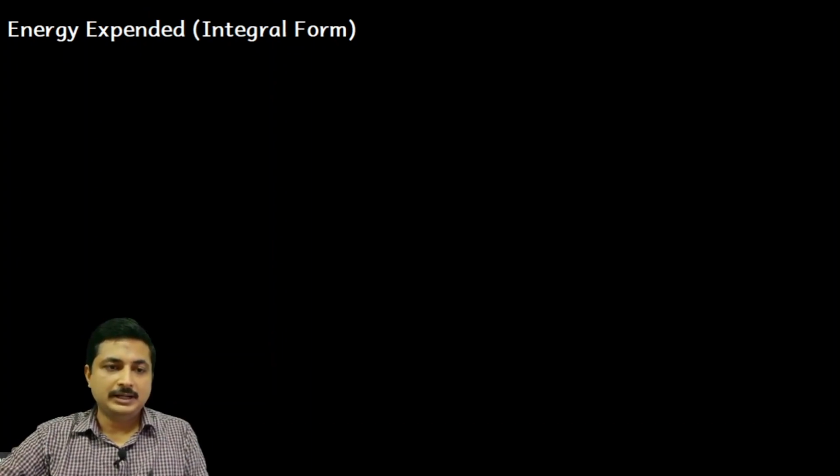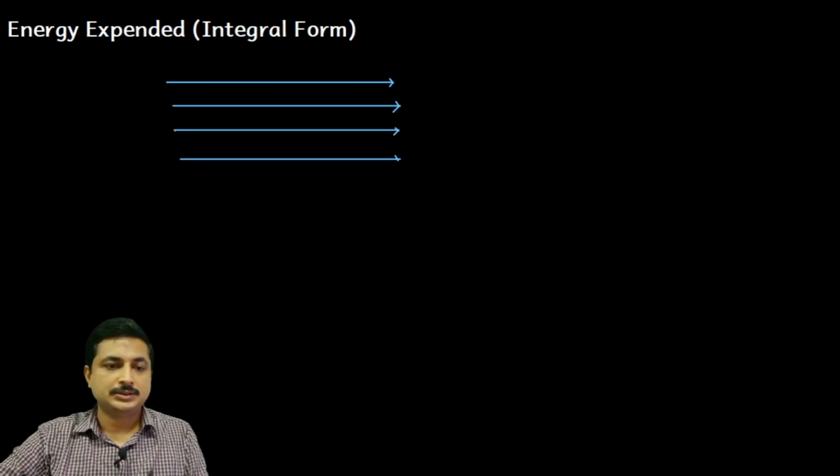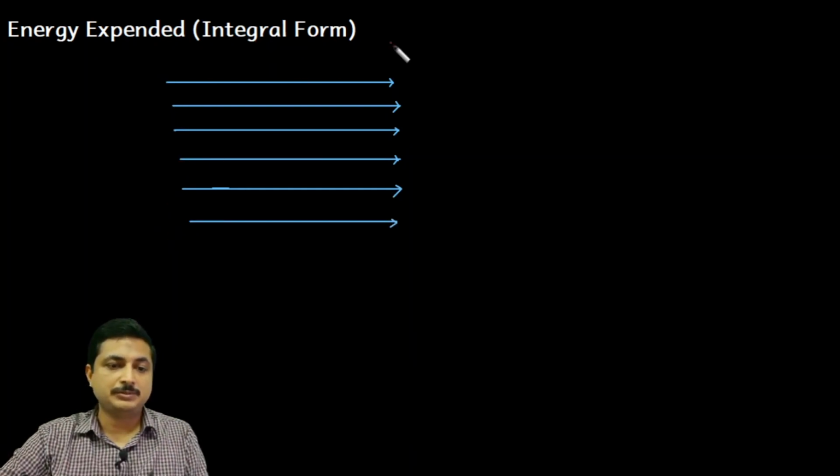So, I need to consider an electric field as we have considered in the differential form. Let me first draw that. Let me consider a large electric field. Just assume that this electric field is very huge. As you know, this is extending from some positive charge to negative charge or infinity. Then the intensity is E vector.